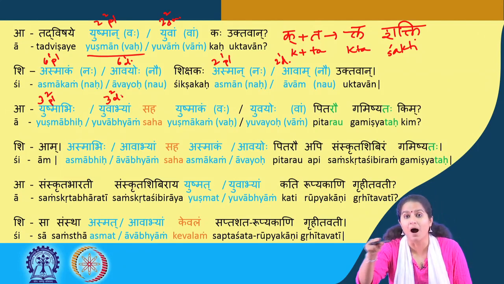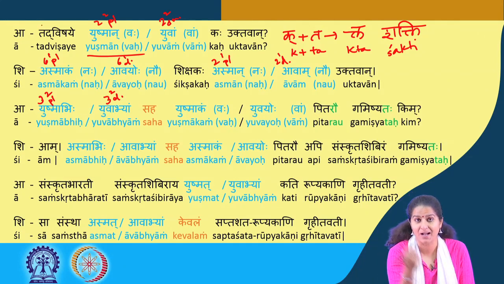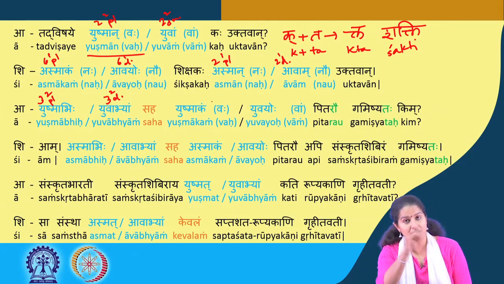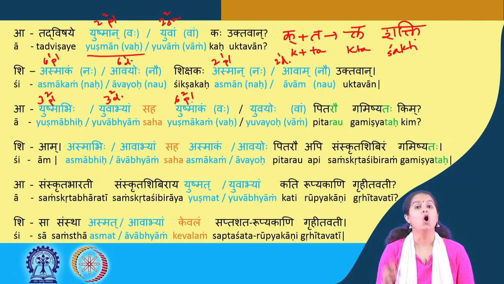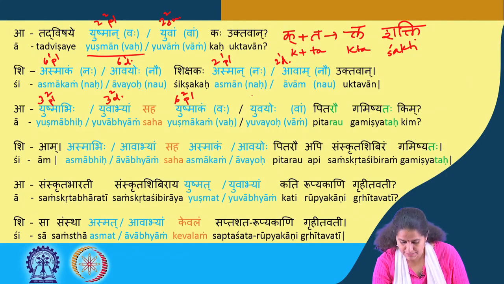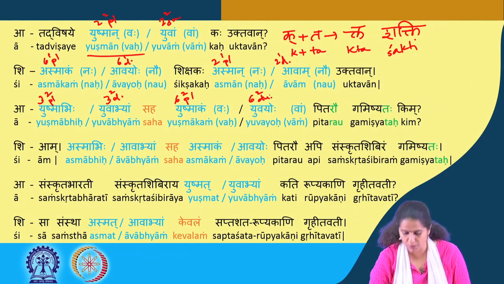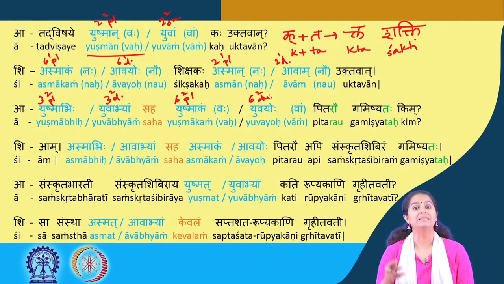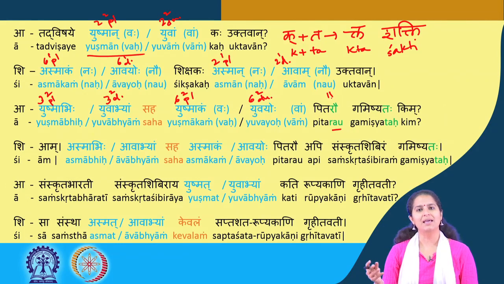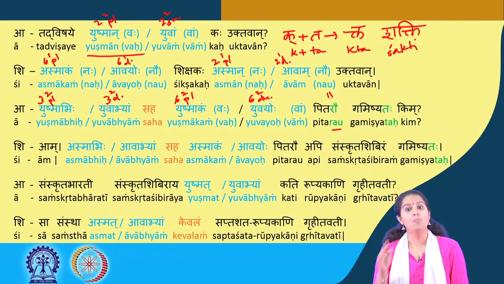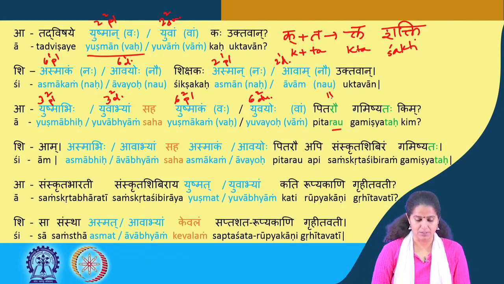Yuvabhyam saha yushmakam. So yushmakam, we had asmakam, and the second person plural is yushmakam. So that's the sixth case for the second person plural. Yushmakam or vaha, or in the dual yuvayoho or vam. So yuvayoho is the sixth case for the second person dual. Yuvayoho or vam pitarau gamishyatah kim. So do you recognize this au anywhere? Yes, it's the same. So the au generally tends to indicate the dual case. So pitarau, parents, gamishyatah kim. Uttaram, or the answer,